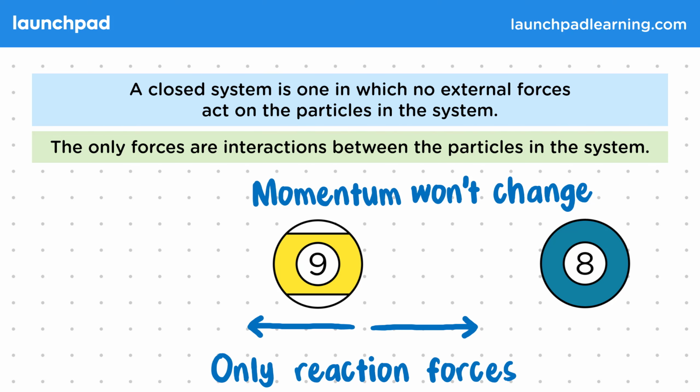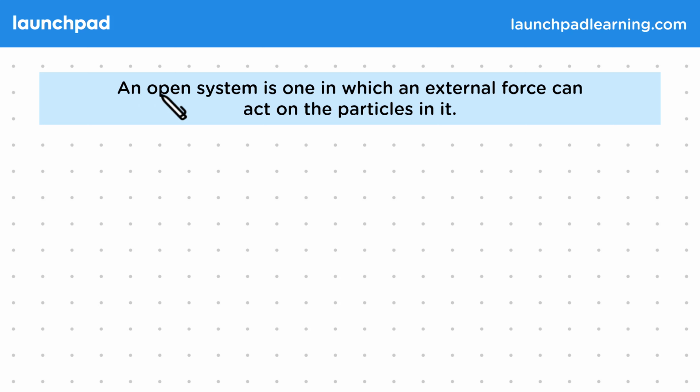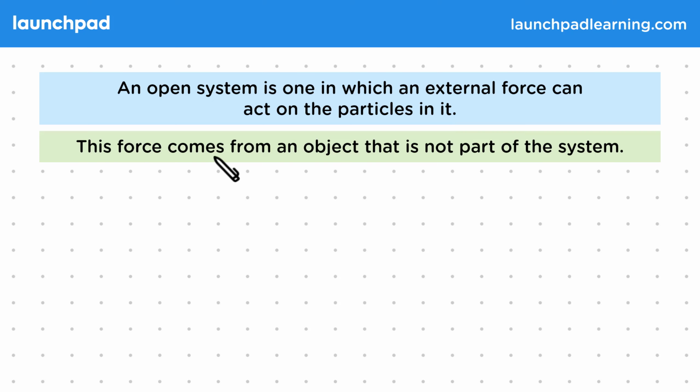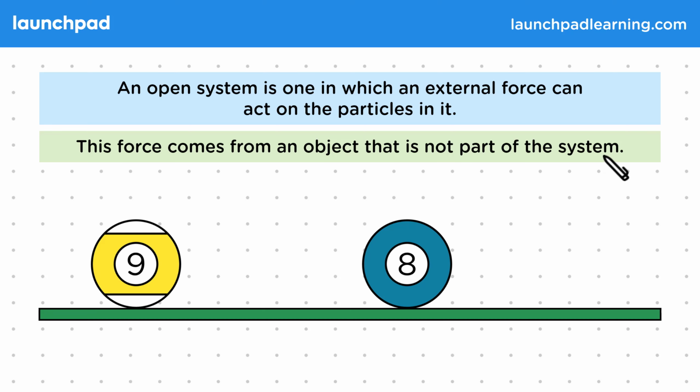But what does it mean when a system isn't closed? Well, an open system is one in which an external force can act on the particles in it. So when we say external force, we mean that this force comes from an object that is not part of the system. Now let's go back to our system of 2 billiard balls, but this time they're on a table